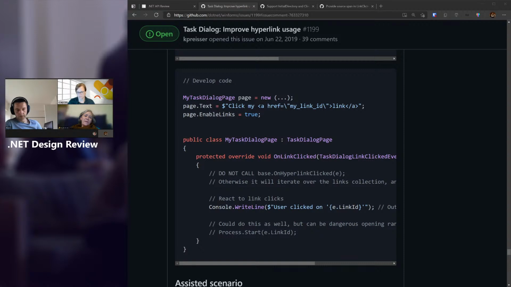Correct. Then I have to say that I think we should make the user escape it correctly, because to do what Tanner's suggesting, actually, for the text, instead of text, if you had a thing that took a hyperlink, that took the href in the text, then you wouldn't be able to have the text on the page contain 18 hyperlinks and live happily ever after, which if we say, you know what, you can go ahead and escape it yourself, then you would be able to do as many hyperlinks as you wanted, and then straighten it all out in the onlink clicked override.